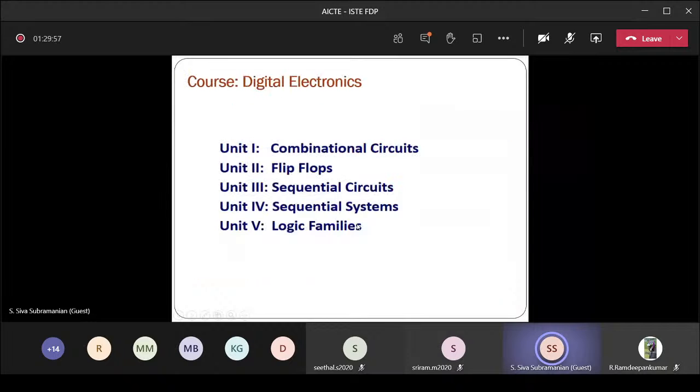Okay, coming to the next course on digital electronics, this is one of the courses which I like the most. Here you will be able to find that